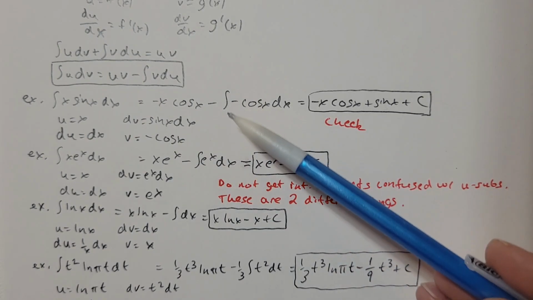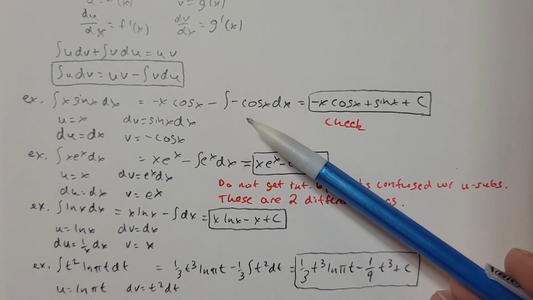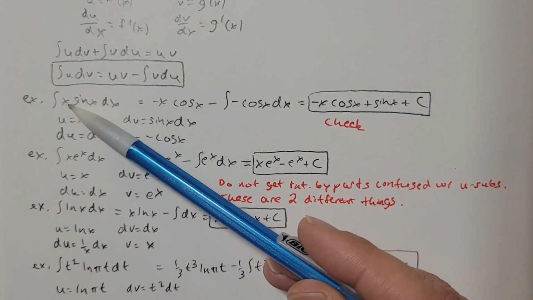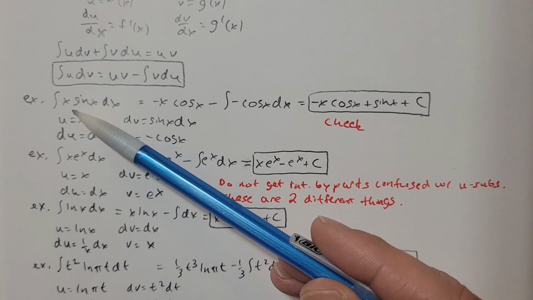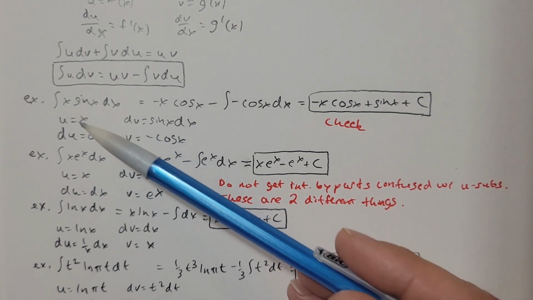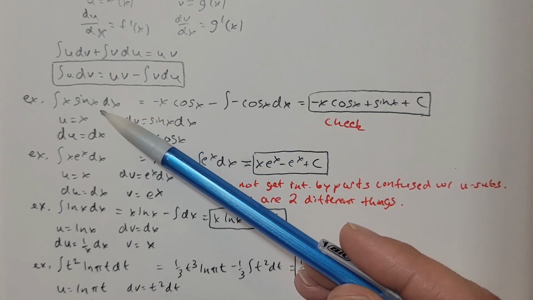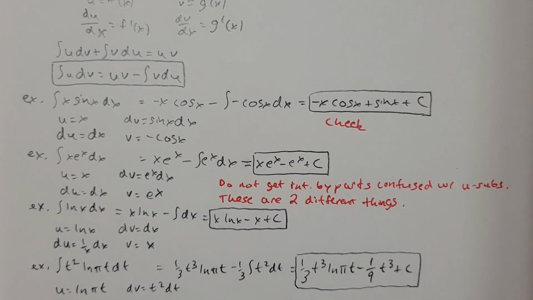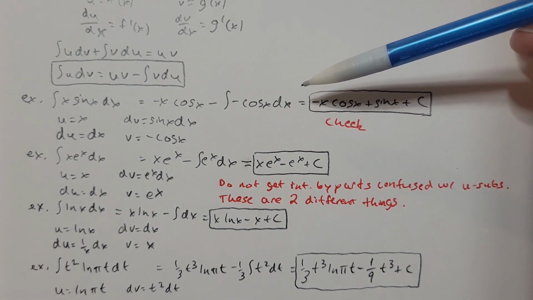That's not making this new integral here any easier than what it could be, because I've now increased the power of x, so that I got x squared times cosine of x. That's not really any different from what I had there. So the whole idea with integration by parts is to create a new integral that you can usually get